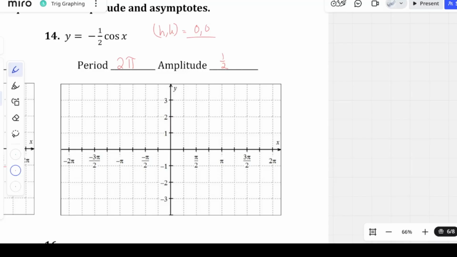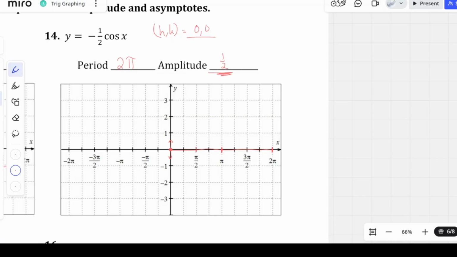So I'll locate HK. I'll go up one amplitude, down one amplitude. I'll locate the end of the period, 2 pi,